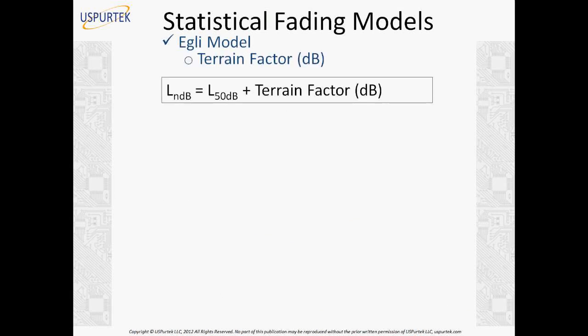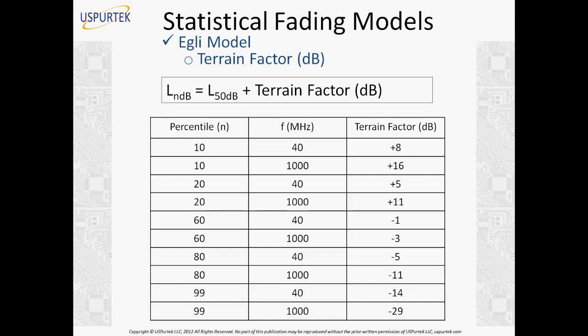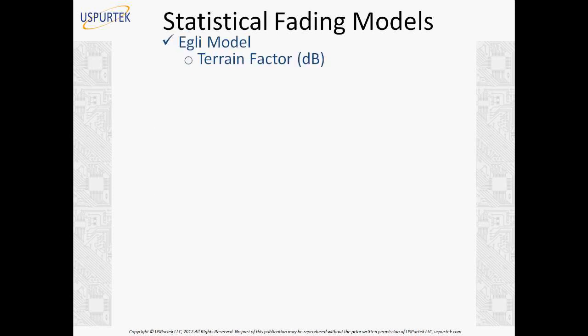Now, although the equation we saw before gave us L50 in dB, EGLI also provided a lot of curves. From those curves, we can derive a terrain factor that helps us calculate any percentile, like the 10th, 20th, 60th, 80th or 99th. For reference, I have given some values here, taken from the EGLI curves published in the literature, for each frequency. So now, for example, if you are trying to calculate